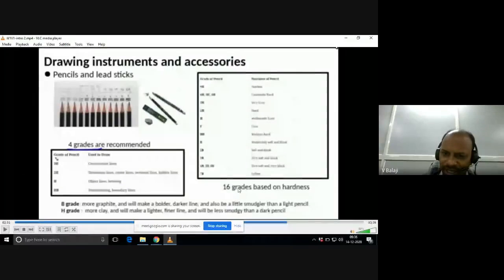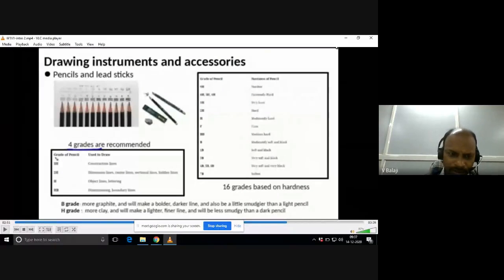There are 16 grades according to the hardness of the pencil. Why is that hardness changing? Because of manufacturing. It is generally made up of graphite. According to the hardness of that graphite, we will have 16 types of pencils we can use, but only HB and H pencils are sufficient for drawing our engineering